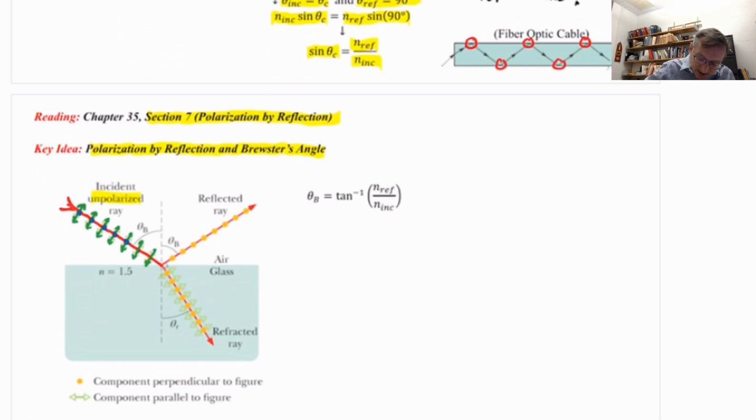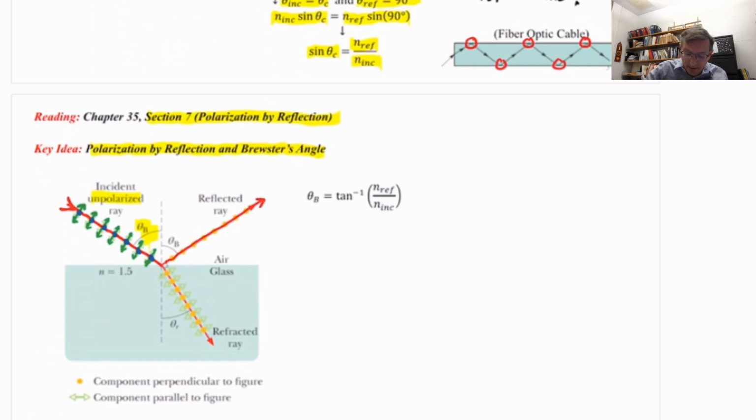The electric field is oscillating both up and down, perpendicular to the ray direction, and in and out, perpendicular to the ray direction: unpolarized light. And what experiments show is that if the unpolarized light comes in at an angle of incidence that's just right, labeled there theta b, then when you have your reflection and your refraction,